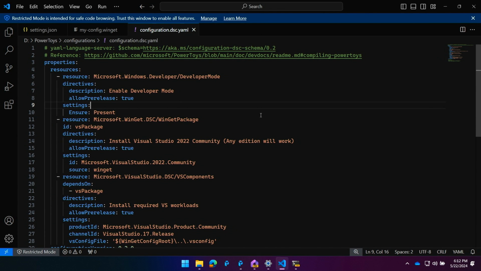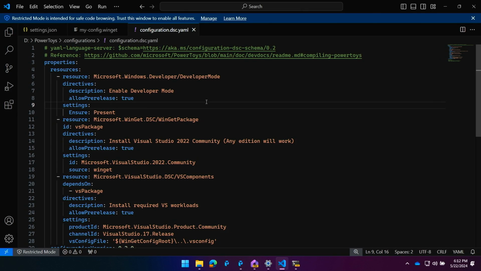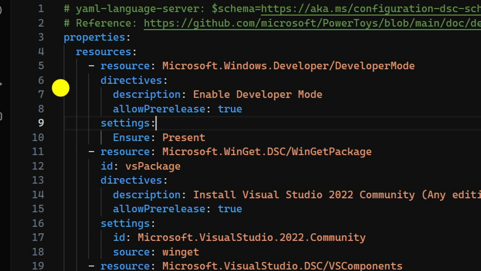I see. So if I wanted to work on PowerToys, here's the README file. I don't need that. I just go and say WinGet configure, or I run it in DevHome. DevHome sets my machine up, and I'm ready to start building. Including parts within VS itself, like right there on line 28. The Visual Studio config is all the workloads that Visual Studio is going to need. And not only does the VS config include the workloads, it also can modify Windows settings. So up here at the top on line 7 and also line 5, it's turning on developer mode because I need developer mode enabled in order to compile and run PowerToys. That's cool.